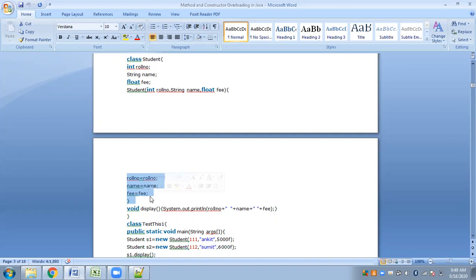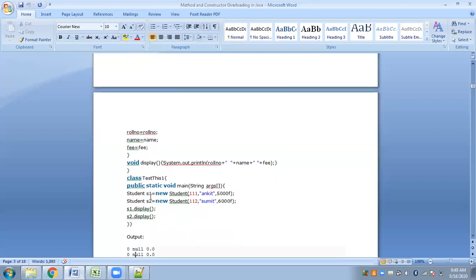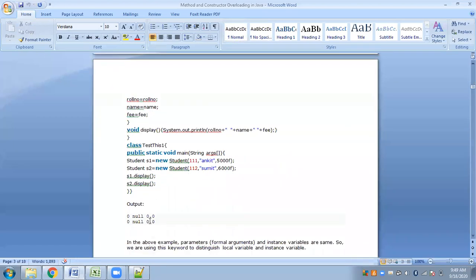Now, this will not generate any error. Let me tell you this. It will execute successfully. It will be error free and it will execute fine. However, it was supposed to return these values for student S1 and these values for student S2, but because we have ambiguity here, because you have a vague idea, because of inexactness, what will be your output? 0, null, 0.0. Can you see?